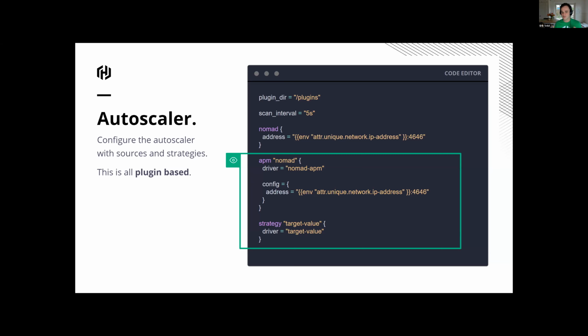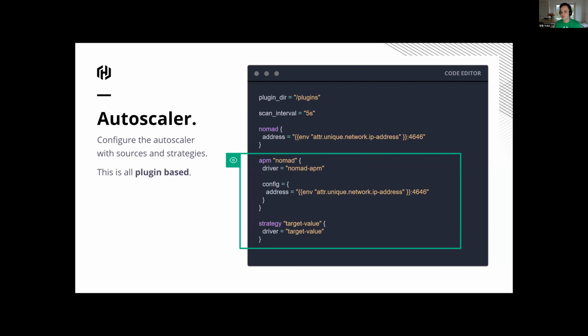Then we can define a strategy plugin and APM plugins. In this case, it's the most basic, where I'm trying to grab the information from Nomad itself. So I define the Nomad APM plugin, which uses the Nomad APM driver, and I point it to Nomad so we can get information from the system.